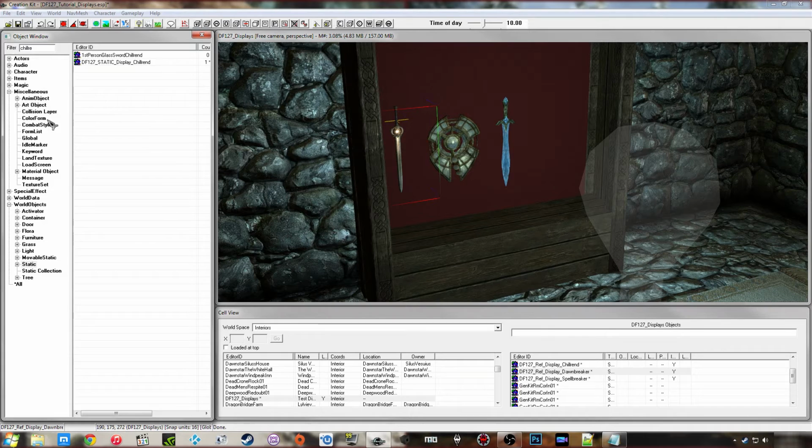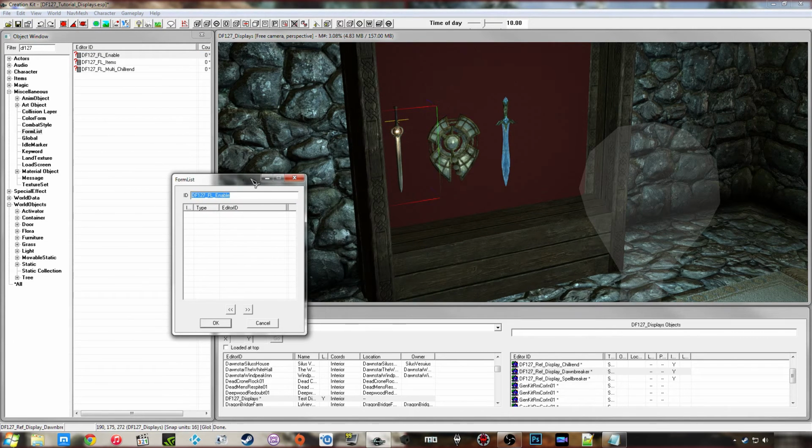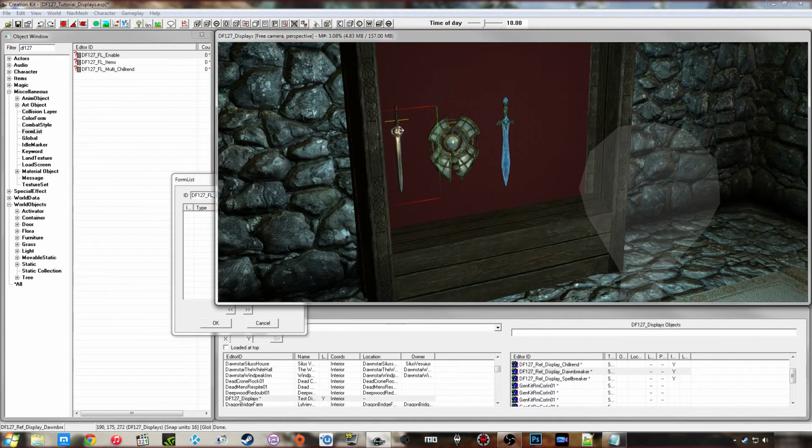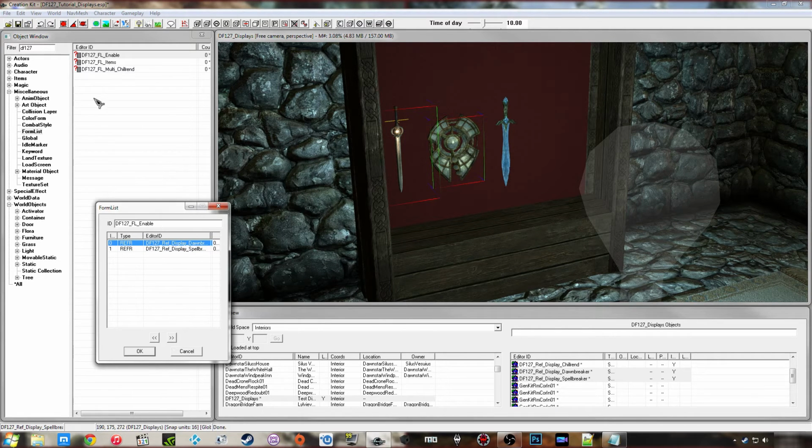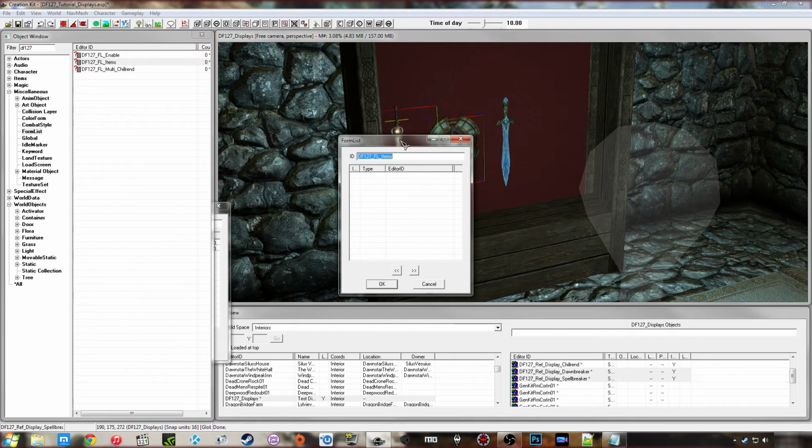Now I'm going to add these to the actual form list that I created, so I'm going to go DF127, open up enable. So this is the references that I've just created, so I'm going to put the first two in. I'm not going to put the third one in, that has multiple versions, that's going to be handled by a different form list, so I'm only going to put these two in here. Drag them in, you can see it says reference 0 and 1, and it's important to get the numbers right in a moment. Double click on items,